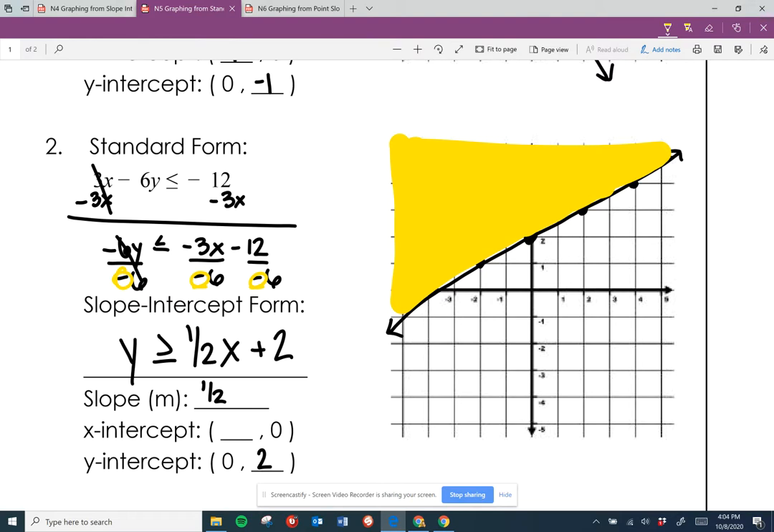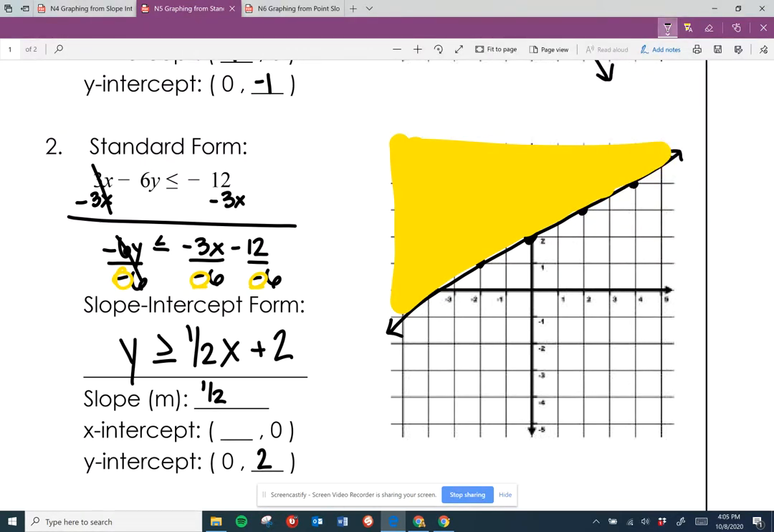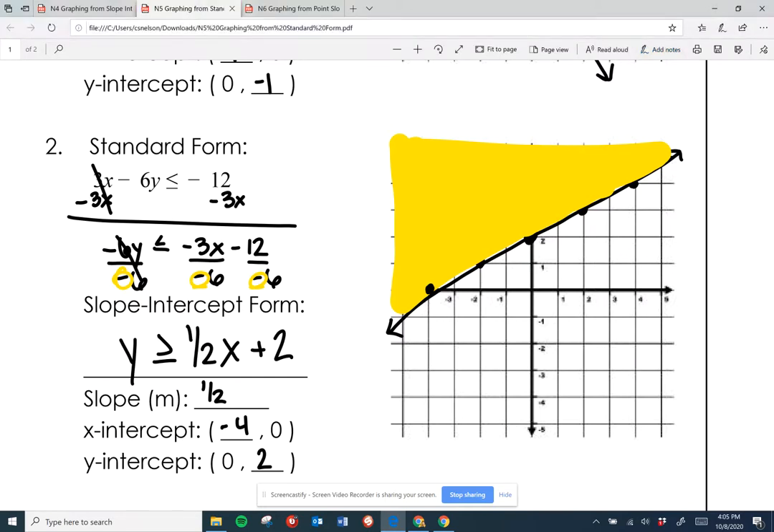Okay, and now I can see what my x-intercept is. It's where the graph touches the x-axis, which we can see right over here is -4, right? Another example,